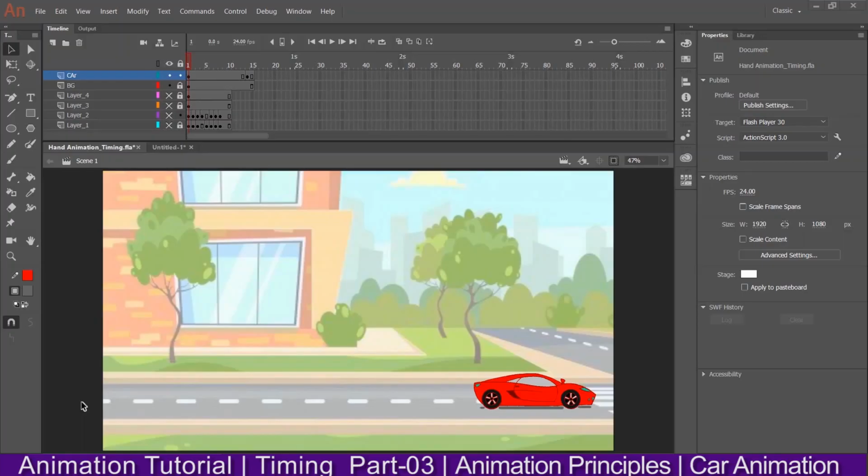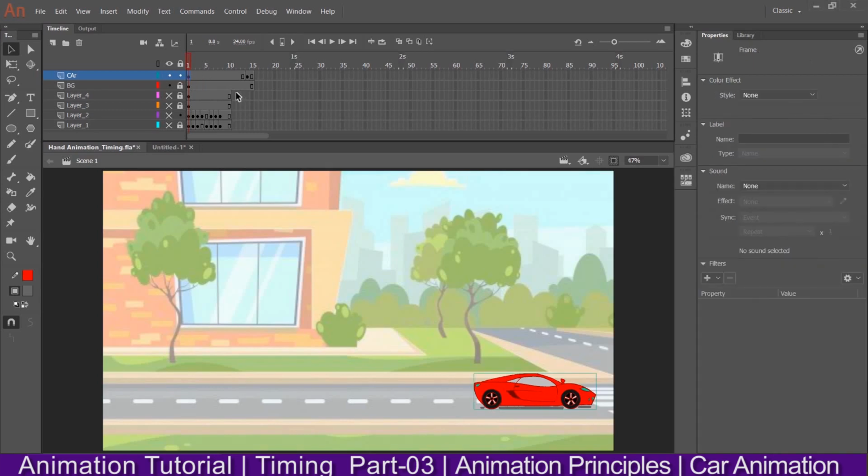So as you can see in this image, one car is there which I have taken from the internet and redrawn the image so that I can use it in my video. Okay, so this is a drawing in the first frame, and the same drawing I have pasted over here in frame number 14. So there are two drawings of the same image. Okay, and here I have kept one BG, that is this one, to give it a feel, and this BG I have made a symbol by pressing F8 and converted to alpha.